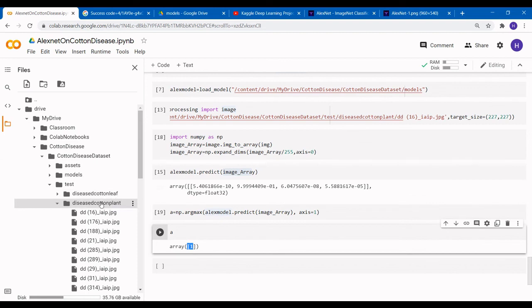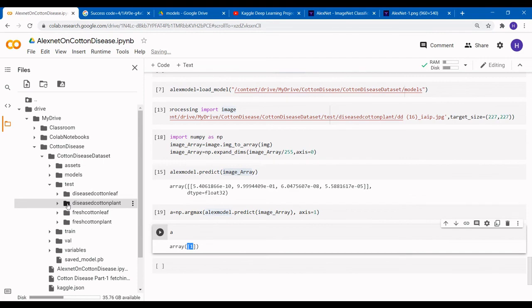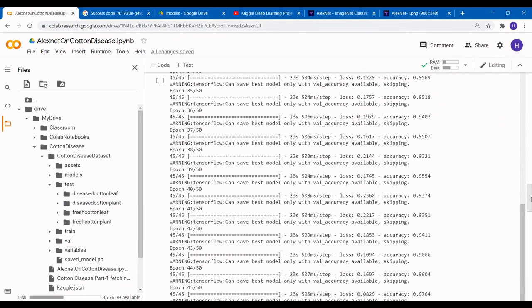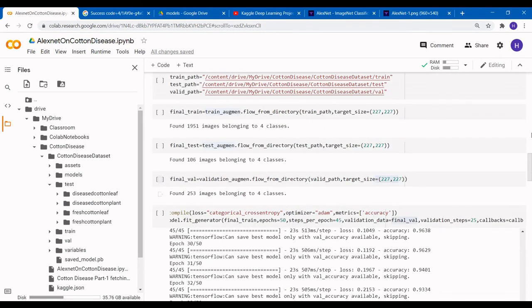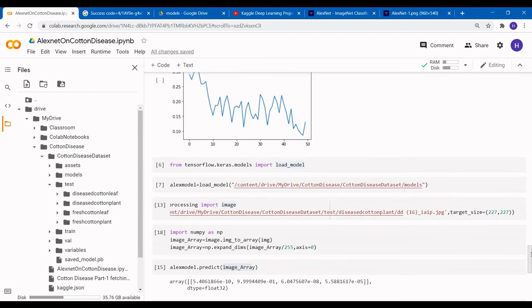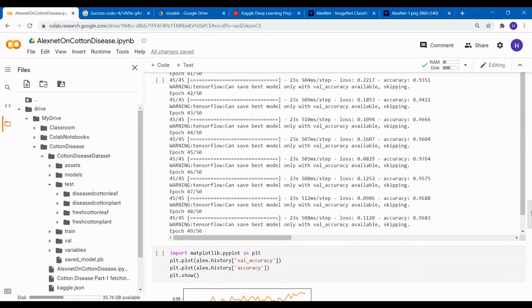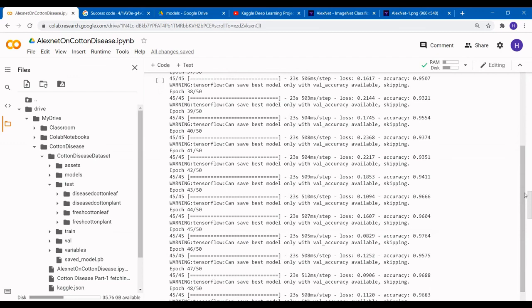So it is saying this image is from the second folder, and it is able to classify that. This is the advantage of model checkpoint on our architecture, and this model is giving us around 97% accuracy.